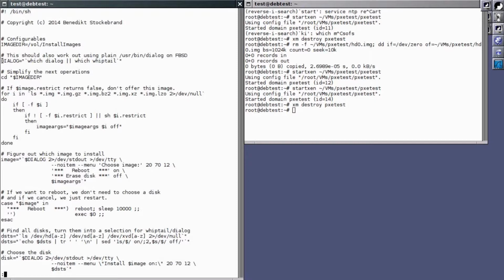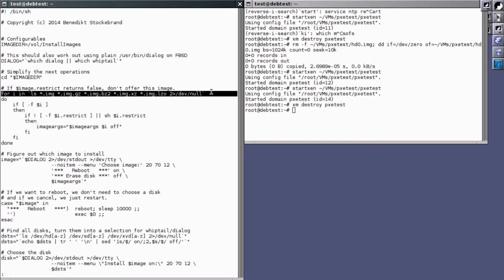There are two programs to create these simple text-based dialogues. The old one is called Dialog, and on Debian it's not called Dialog any longer, but there's a successor called Whiptail. So I use an environment variable to make it work on either one. But no, I haven't tried this on FreeBSD just yet. I do a couple things. I change into the image directory because it simplifies the rest of the code, and then I try to find